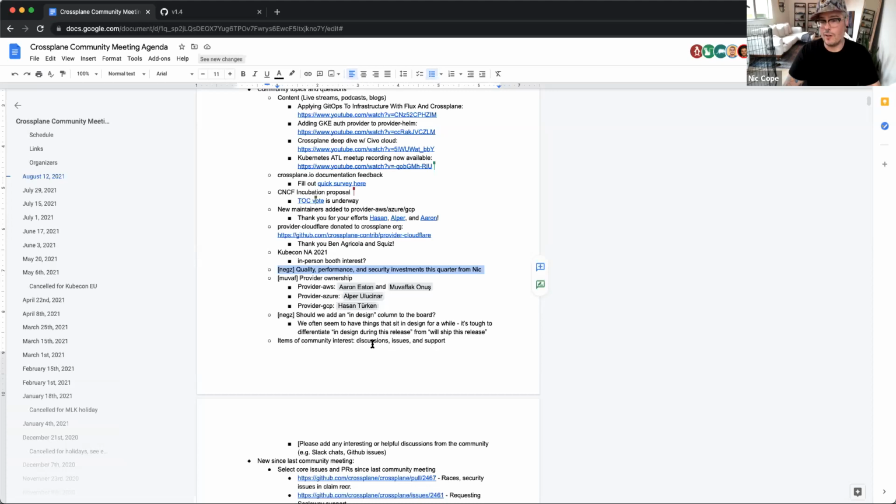One note here is that, unfortunately or fortunately, depending on how you look at it, I am going to be looking at this from areas that have the biggest impact possible. So if there are updates we can make to our overall reconciliation strategy, our controller libraries, Crossplane core, things like that, I'm probably not going to be your person to dig into individual resources, like one managed resource or the other that's having quality issues. I'm going to focus on something that affects 10 different managed resources or all Crossplane resources. That's what I'm going to try and focus on this quarter.